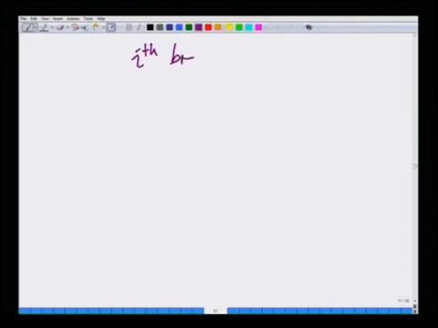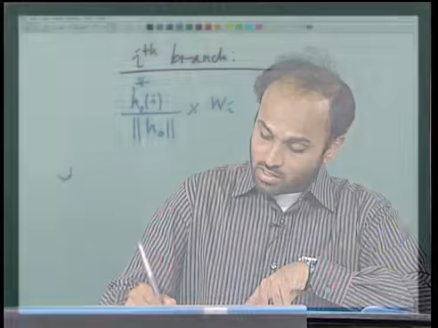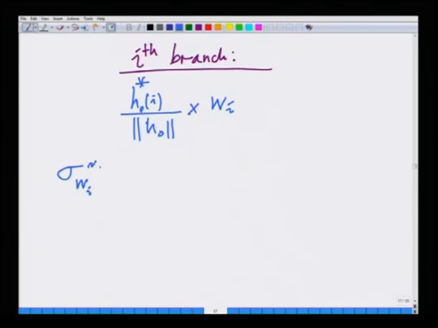Let us look at the ith branch. The ith branch is being combined by h_0i conjugate divided by norm of h_0, times w_i. This is noise plus interference power. Hence, the variance of this ith branch, sigma_wi squared, is nothing but the power in this, that is expected